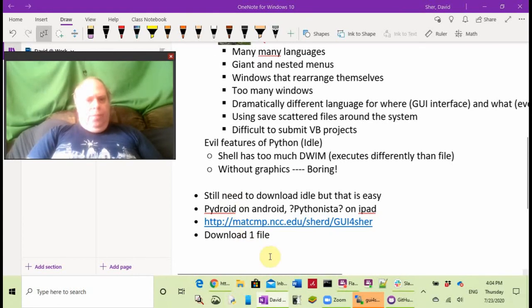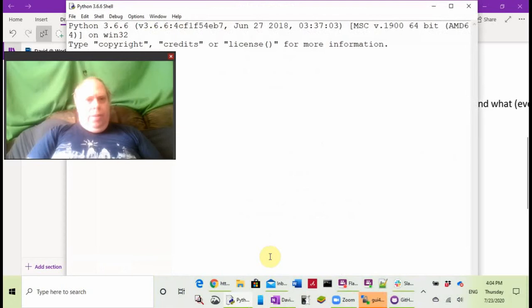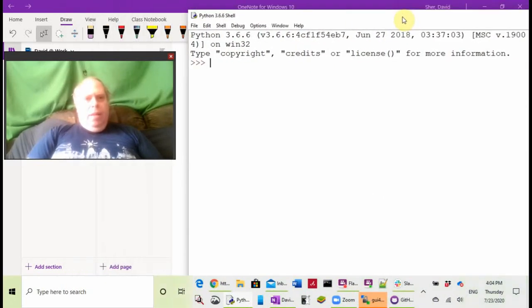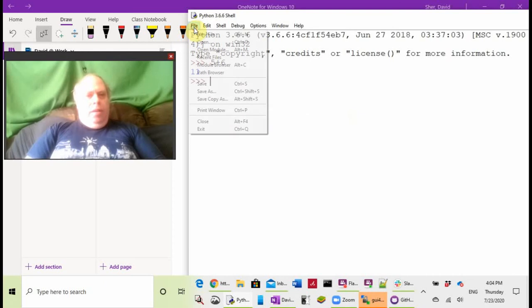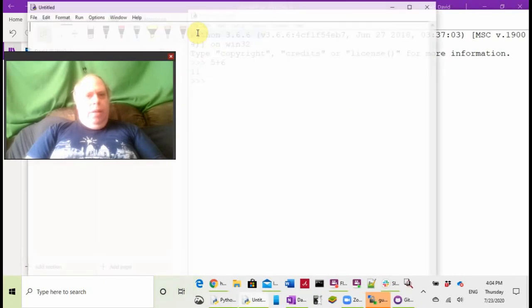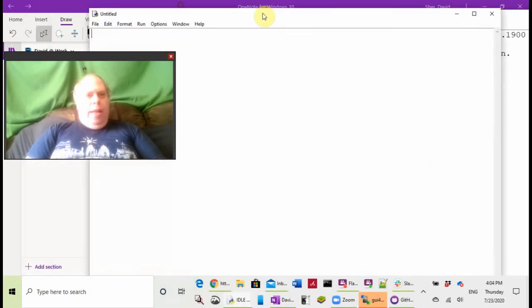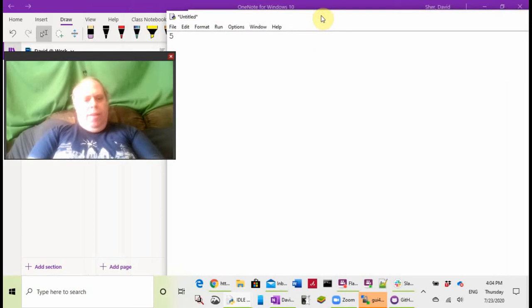It says Python shell, and you type something like 5 plus 6. You get 11. But if you have a Python file, and you write 5 plus 6 here,